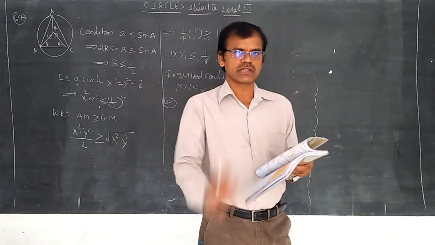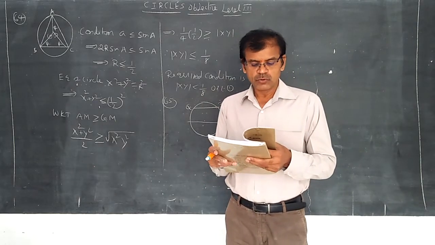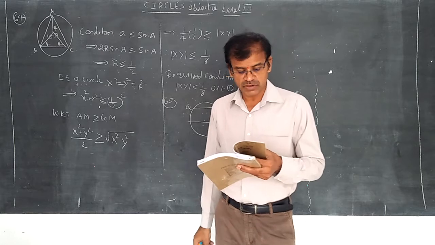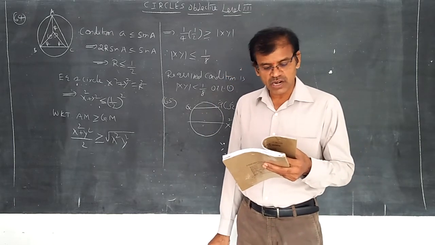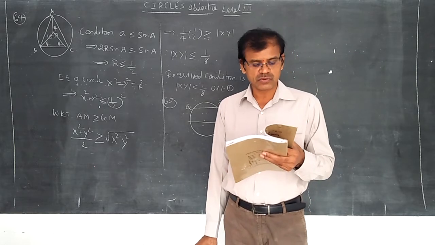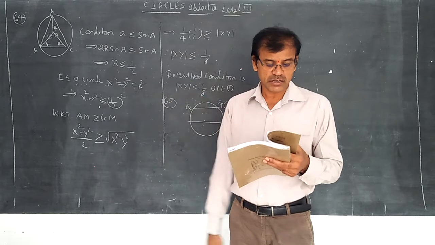According to logical thinking for options, you can understand that the fourth option is not correct because it is not verified, and the third option is also not correct. It will not be verified because root 2 whole square is 2, and 2 square is 4. So the third and fourth options are not at all correct.